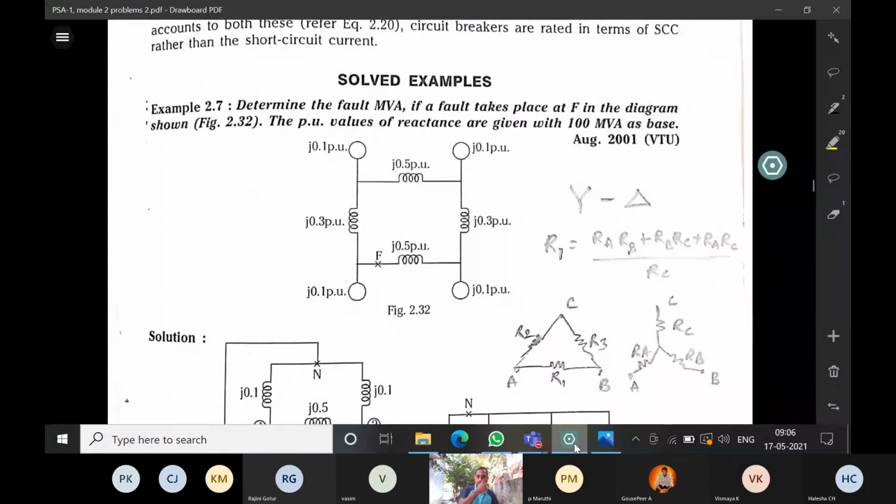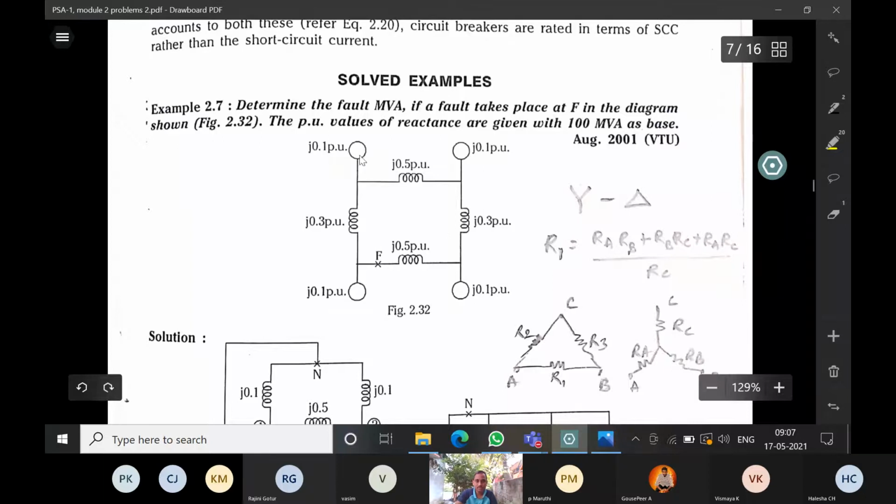Good morning everyone. Today we will solve some more problems on short circuit analysis. So take this problem. Determine the fault MVA if a fault takes place at F in the diagram shown. The per unit values of reactances are given with 100 MVA as base. Okay. So look at the diagram